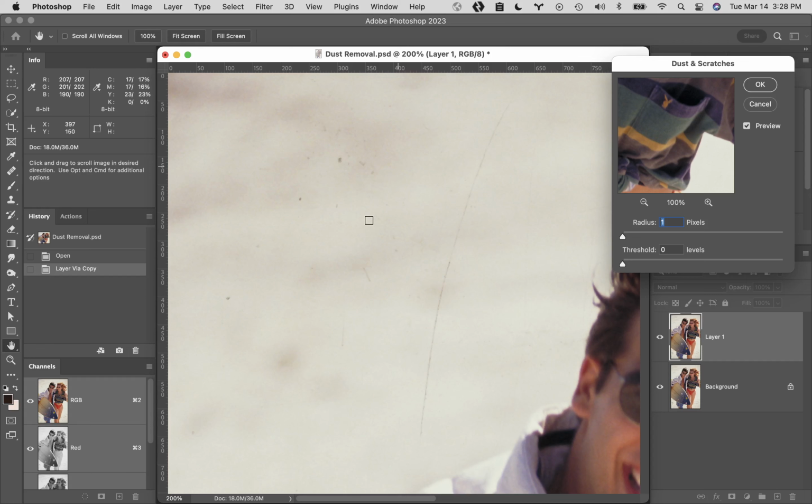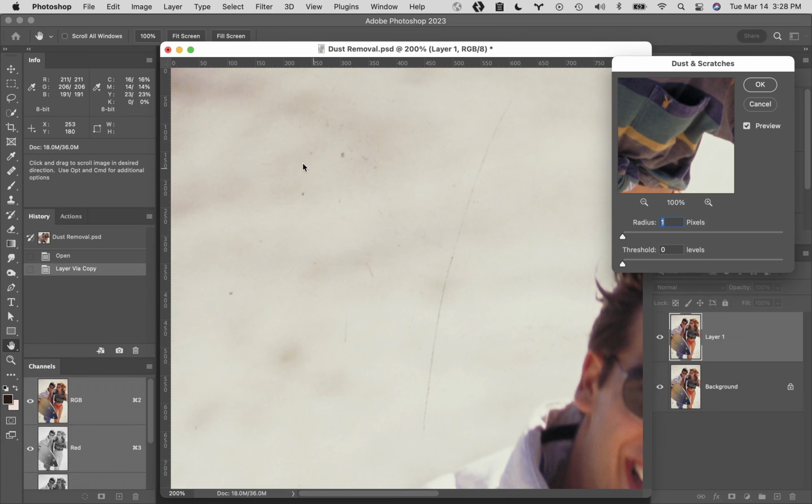If you look on your screen right here, you've got a bunch of small little dust spots, but then there are some bigger dust spots on there. I'm looking especially at this guy right here. He's pretty much the biggest of them. If you start out with a small radius, like a radius of 2, we'll start to get rid of the little dust spots. A radius of 3, we'll get rid of the medium ones. A radius of 4, we'll hopefully get more, and work your way up. The same thing will hold true for the